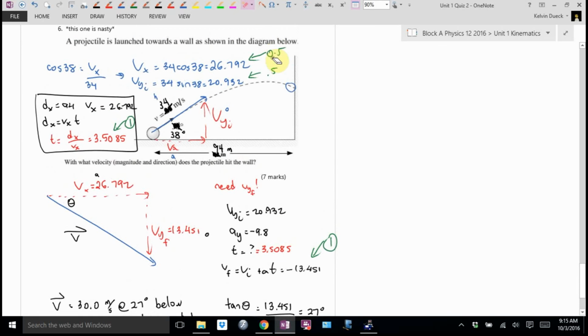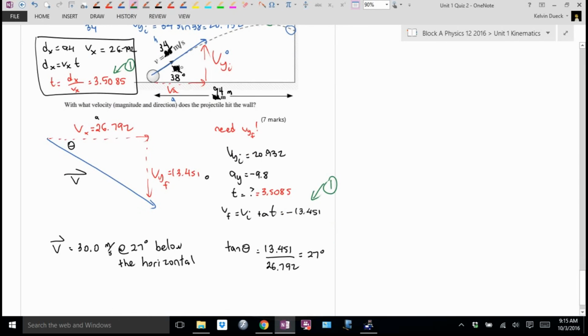You know what? I might even give you 1 whole mark for each component. 1 and 1. That's 4 marks. 5 marks for the 30. 6 marks for the 27 degrees. Sure. I don't know. I have an answer key for this somewhere, but I can't remember how I broke it